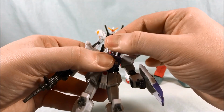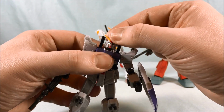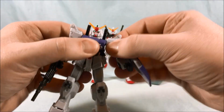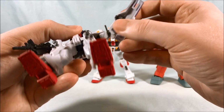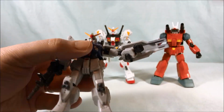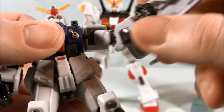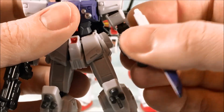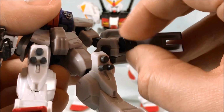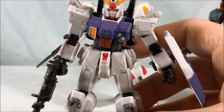Yeah, I mean, the articulation: the ball's on a head joint, plus there's also a piece that moves forward and back, plus there's a ball joint at the top of that piece. Shoulders can move all the way around, in and out. I think underneath it's a ball joint. So this is actually just on the peg, the shoulder pad itself, so that can rotate around the peg, and then you have a ball joint underneath that. You do have a bicep swivel. You have 90 degrees at the elbow. The wrists are a ball joint, and you can see there is a closed hand there, but he does also come with...